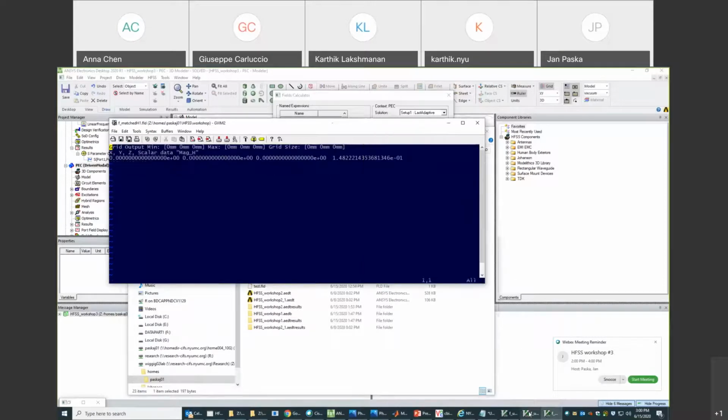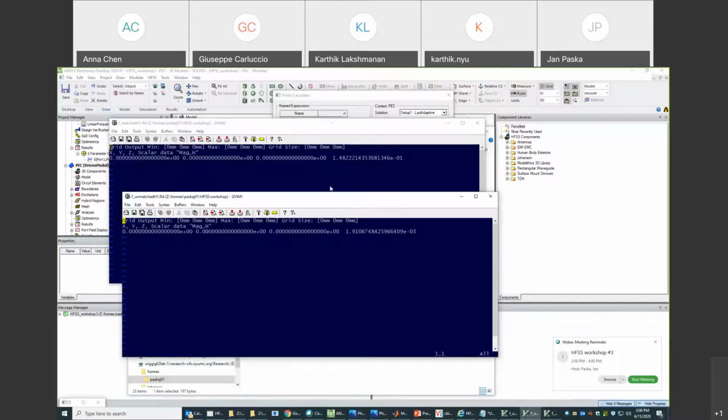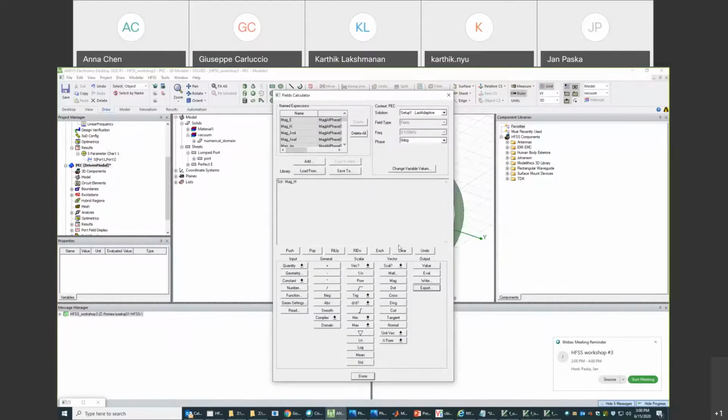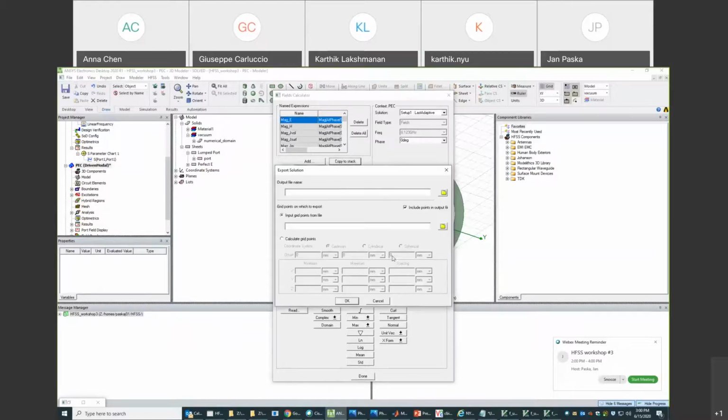Yes, now finally it's different. So the matched H field is much higher, by almost 2 orders of magnitude, compared to the unmatched case. And just for fun, let's have a look at the E field, but I think that should be the same relationship. Copy to stack, export,